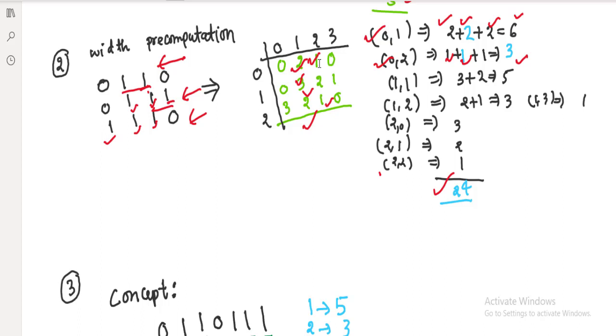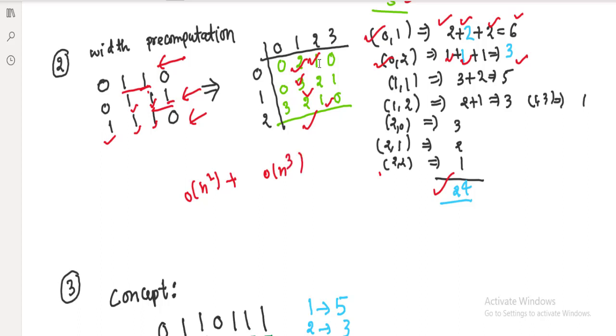So what is the time complexity for this? In pre-computation we just visit the complete matrix, so it will take order of n square time. After pre-computation we need to visit all the elements, and after visiting a particular element we need to visit its descendant rows also, which could be n. So to visit all the elements it is n square, and with descendant rows it will be n cube.